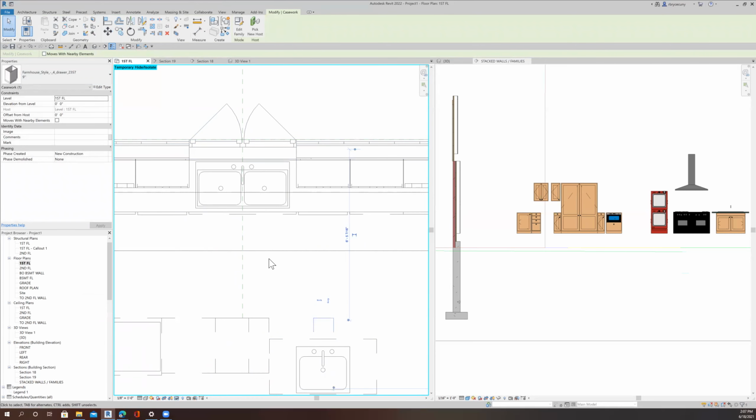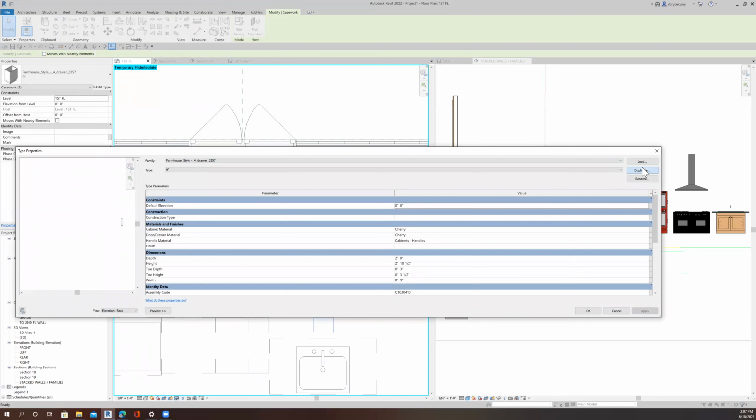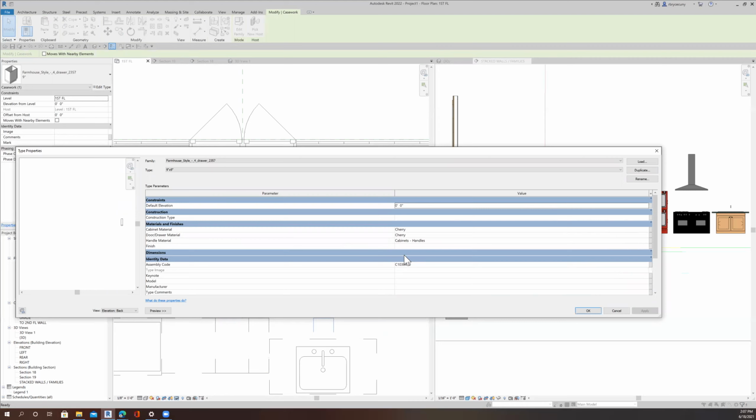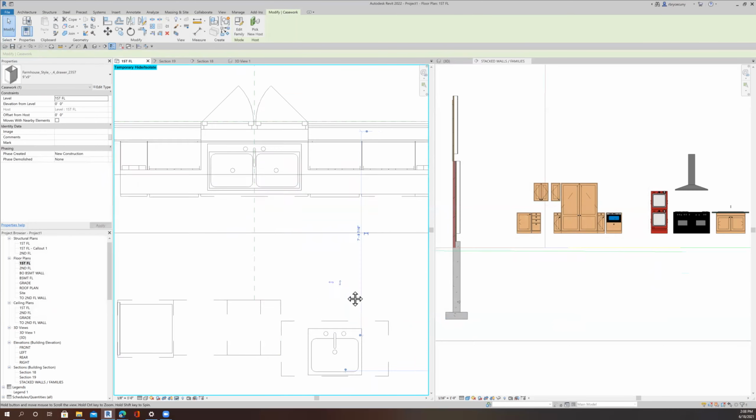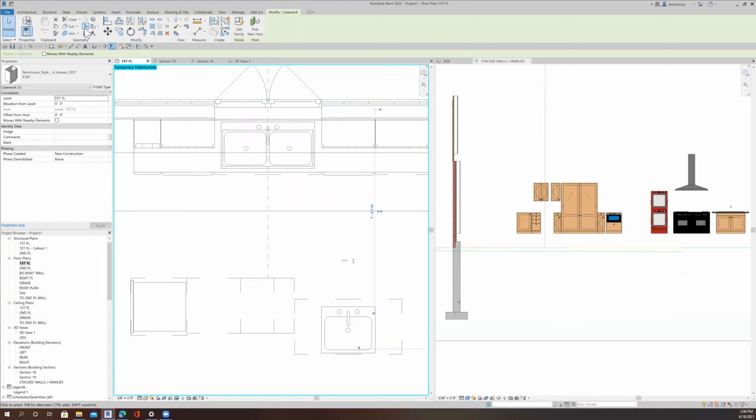So let's see. Edit. Duplicate so we don't lose anything. So it's 9 inch. We're going to say 9 inch by 9 inch. Okay. So the depth is going to be 9 inches. Okay. So what that's going to be is just a bunch of